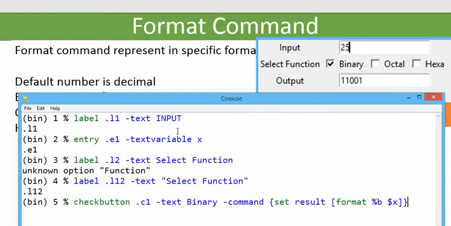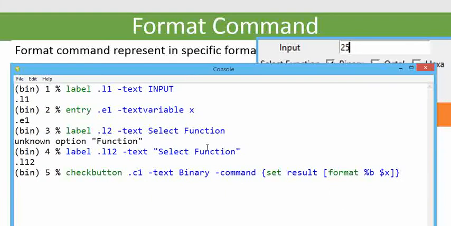This is the command which is used to convert the user input x into binary format, and it has been bound with the check button. So whenever we left click over the check button one, it will display the particular output.